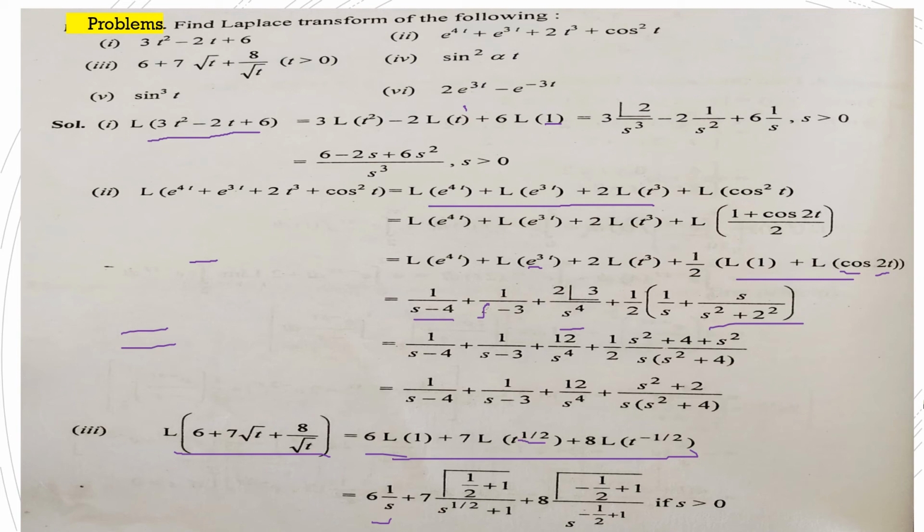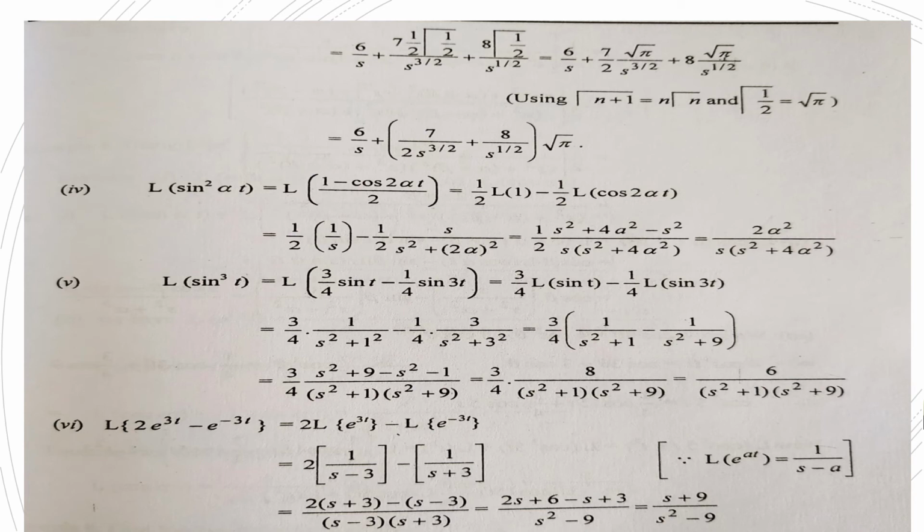The formula is t raised to power alpha, gamma alpha plus 1 upon s raised to alpha plus 1. Similarly here, it is gamma 3 by 2, and it is 1 by 2. You students must know that gamma 1 by 2 is root pi, and gamma 3 by 2 is broken into 1 by 2 gamma 1 by 2. After gamma 1 by 2 we can't break further because the value of gamma 1 by 2 is given to us as root pi. So using all these values we will get this answer.